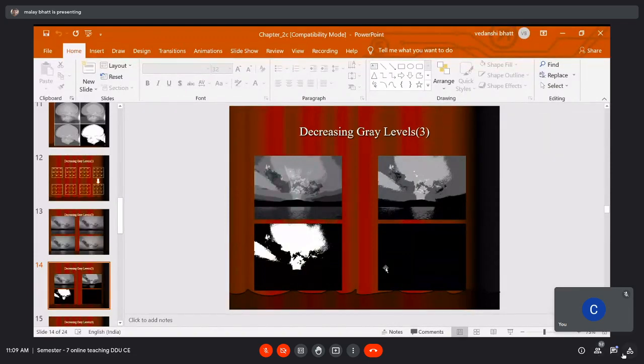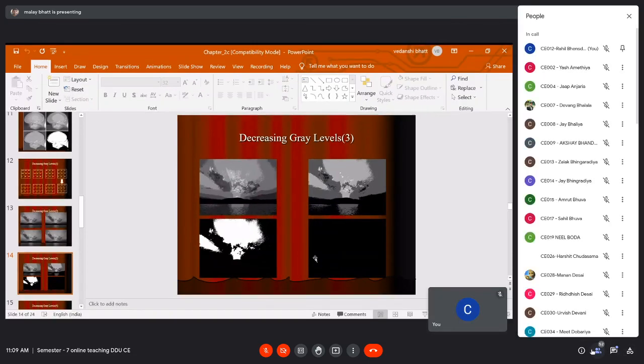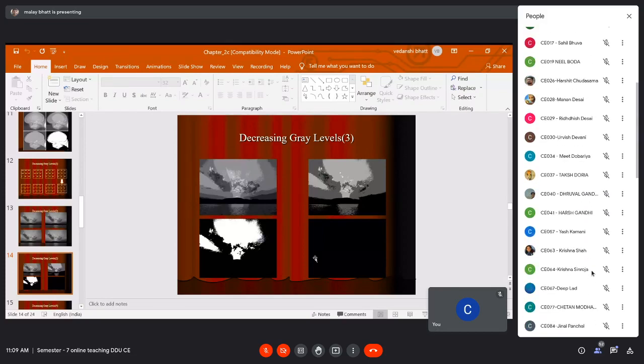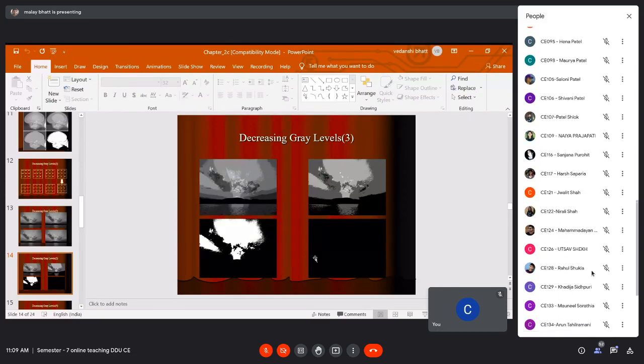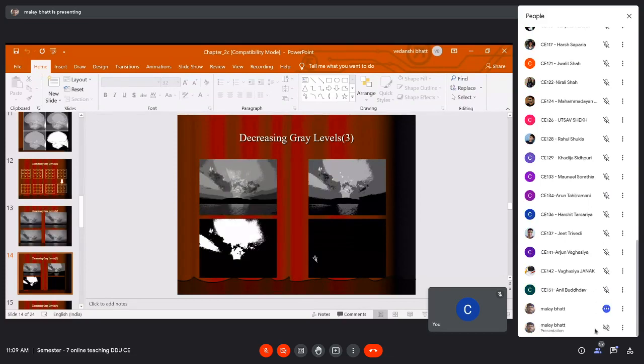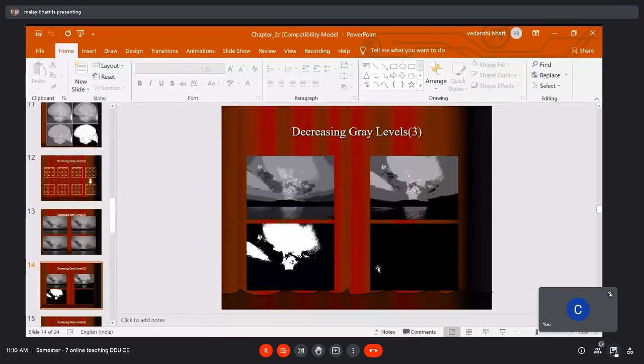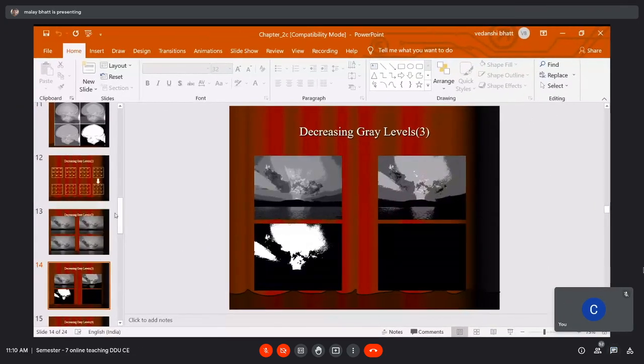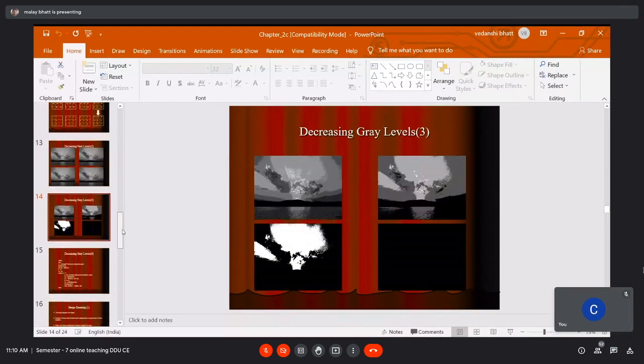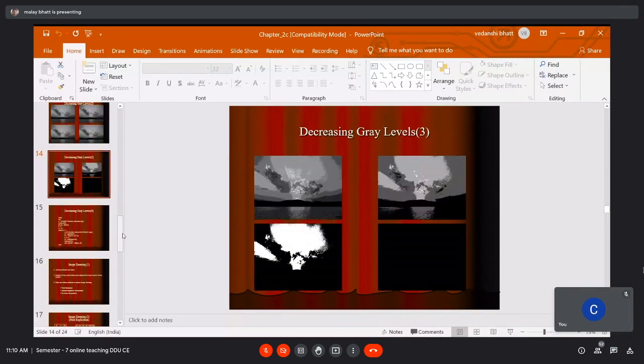So it is 1-bit, then you can see a 1-bit image, black and white, either 0 or 1. Then you can see a 2-bit image with 4 gray levels. Then you can see a 3-bit image with 8 gray levels. So this is how you can see different gray level resolutions of the given image. I have not considered all the images, but I think it is sufficient to show how we are getting the output.